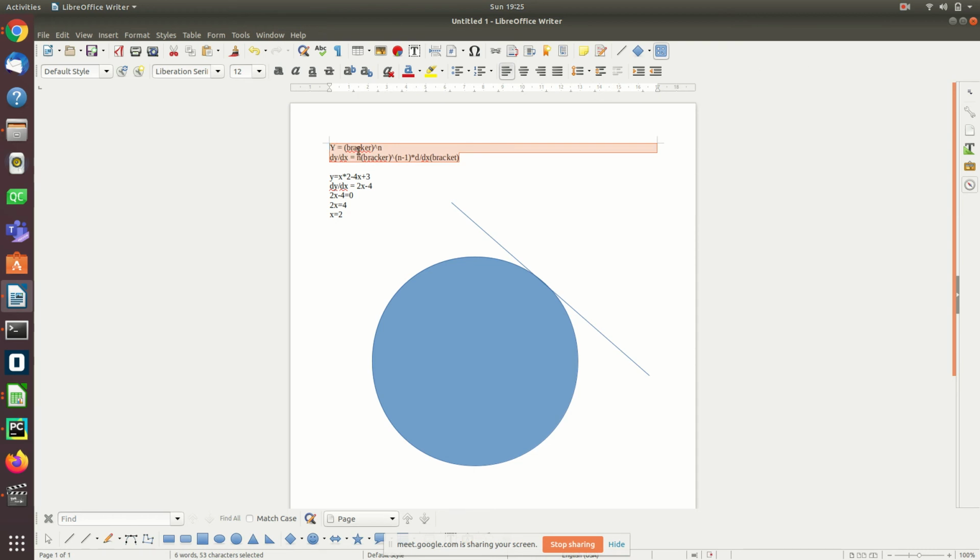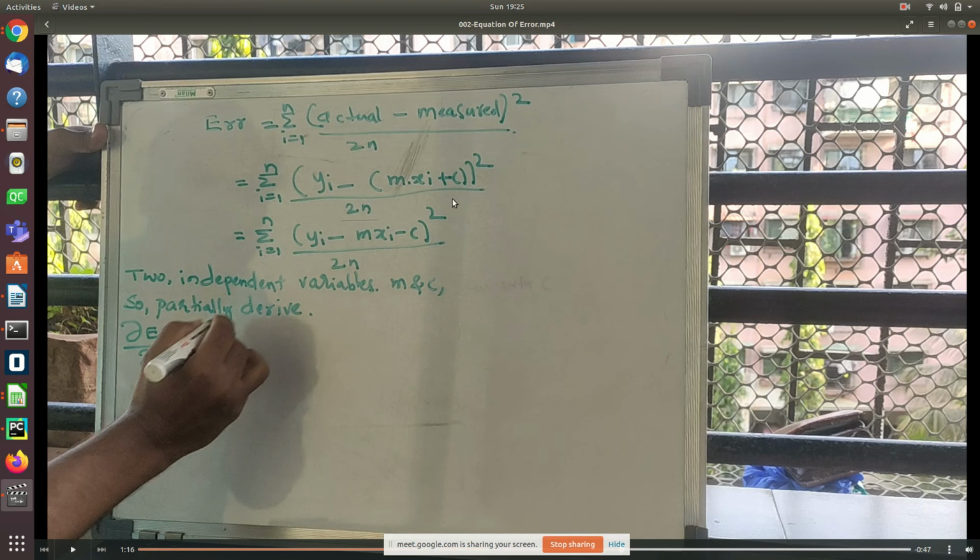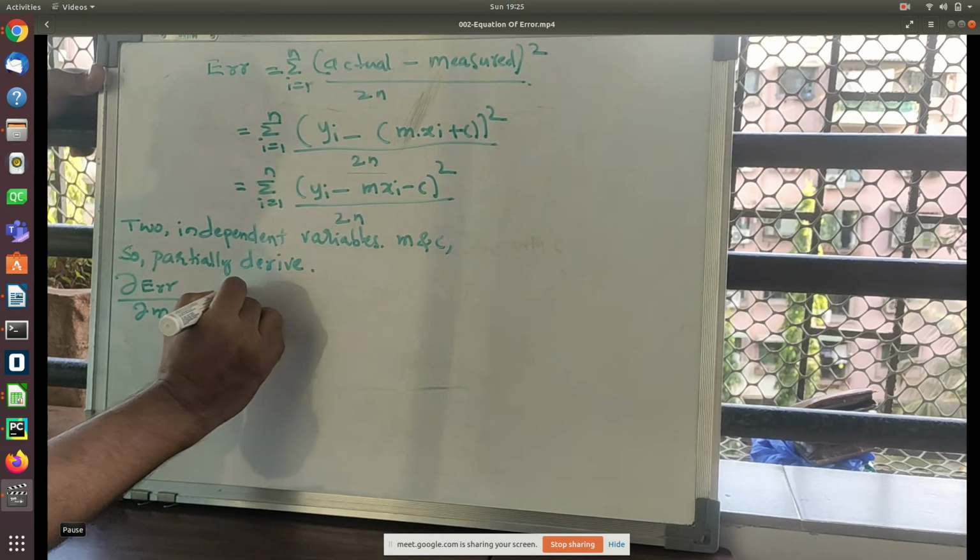So if I have a bracketed quantity raised to n into bracketed quantity raised to n minus 1 and d by dx of bracketed quantity. इधर x नहीं है, मेरे पास m है यहाँ पे, ठीक है? So if I do this, then it becomes 2 into this as it is, and bracketed quantity का अगर मैं d bracketed quantity by dm करूँ, a constant है, this becomes 0, mxi. Now इधर xi constant है तो सिर्फ minus m, again c is constant, so it is 0. You will try to see. Okay, मैं 2, I am just taking 2 as it is.